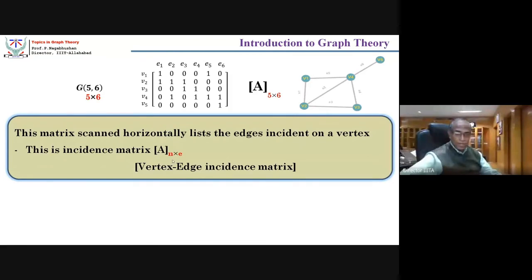The size of this matrix: there are n vertices, so there must be n rows, and there are e edges, so there must be e columns. So it is a vertex edge incidence matrix. Vertex edge incidence matrix. Is that clear? I hope